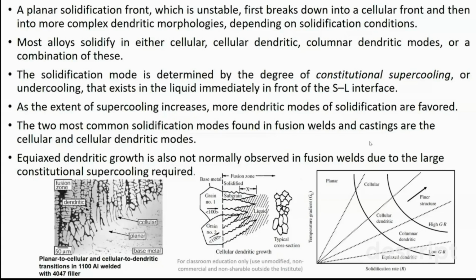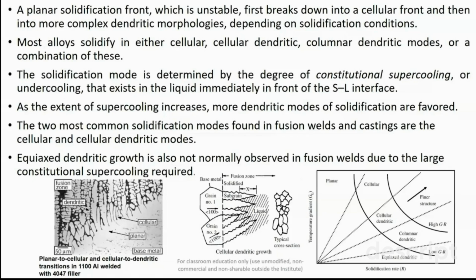Okay, this is the solidification mode, and as the extent of supercooling increases, more of the solute is rejected into the liquid melt, more dendritic arms will form, and it will favor the dendritic mode of the solidification. In case of fusion welding, the common solidification modes are either the cellular or cellular dendritic mode. So this type of cellular or cellular dendritic mode are commonly observed in case of the welding and